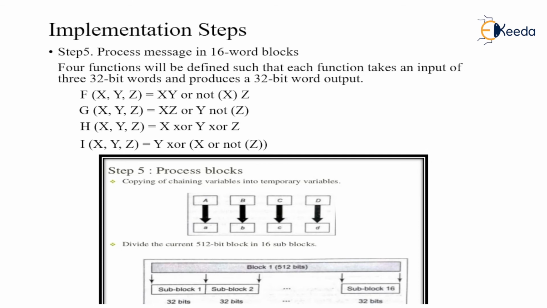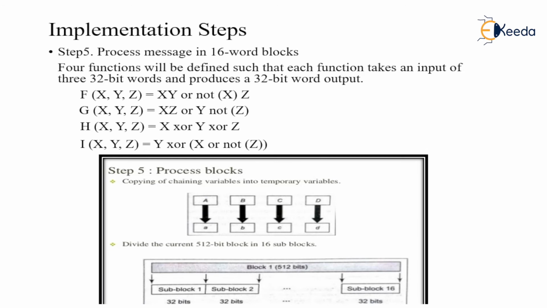So the function F(x, y, z) is xy or not-x z, then G(x, y, z) is xz or y not-z. In this way the functionalities will take place, wherein the copying and chaining of variables into temporary variables will take place. Here we can also say the shifting of the blocks takes place,